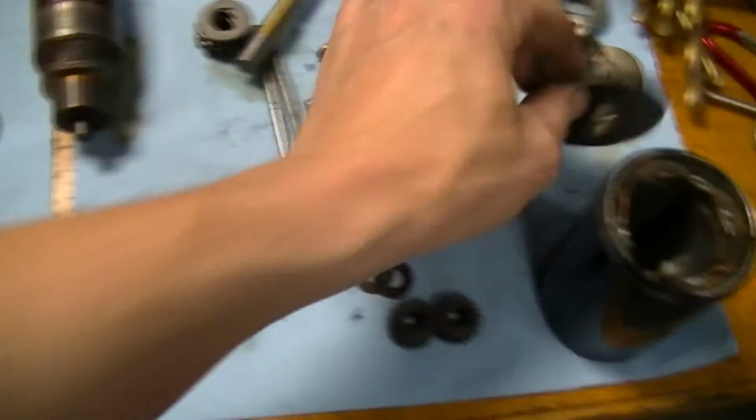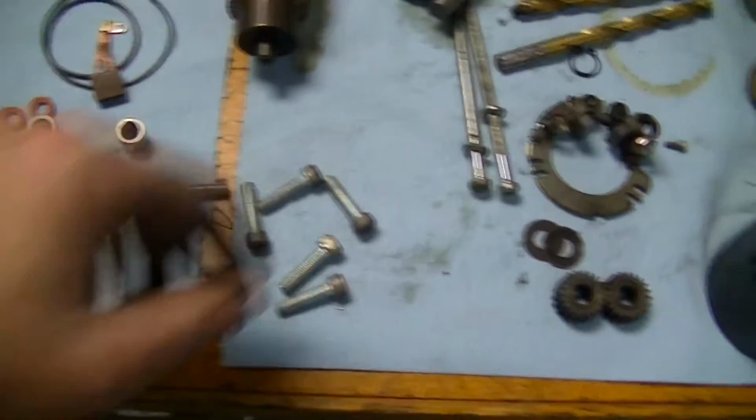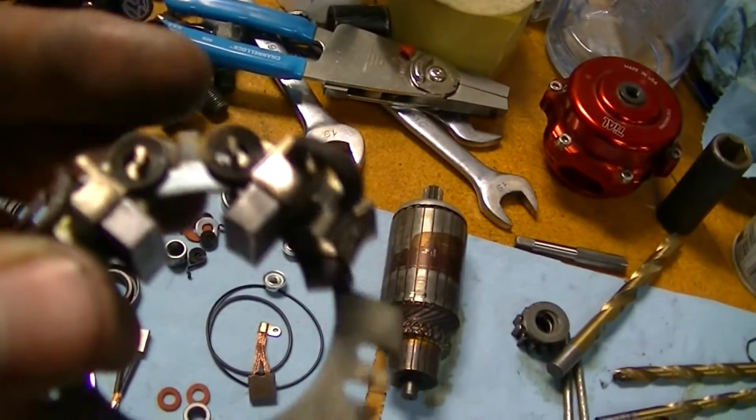Alright, so I'm going to chuck these in the freezer. While these cool down, I'm going to get this one out. And then I'll let these soak in some heat for a little while. And we're going to